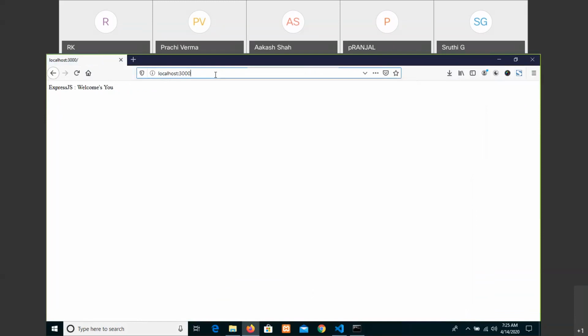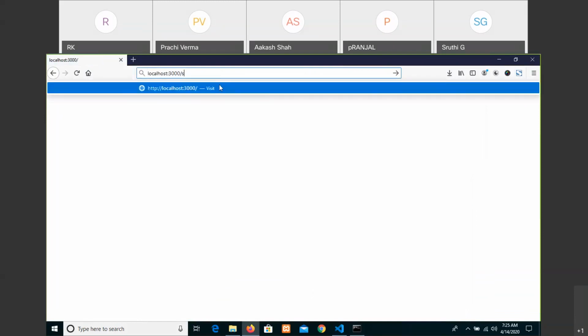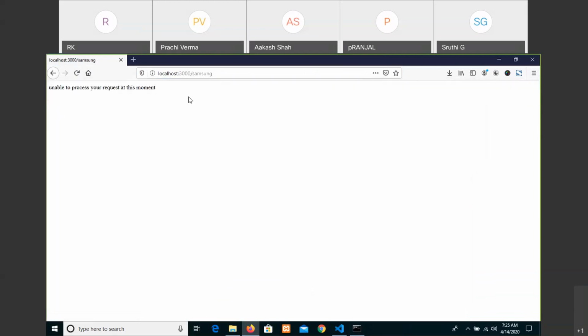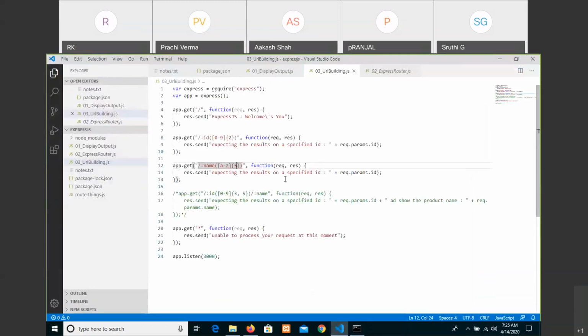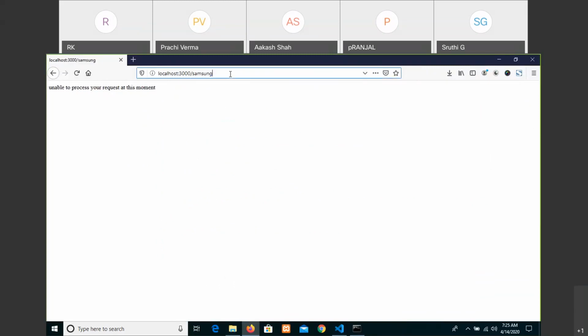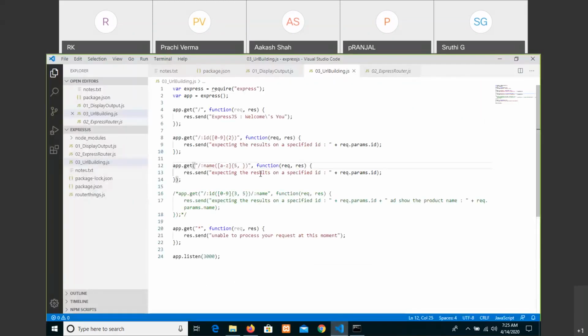Opening the homepage URL, opening something, unable to process your request because we expected exactly 5 characters. And if we have written 5 comma something else, same. Okay. So I just have to check how it works and why it is not working, this minimum to maximum or any number of characters in the ID.